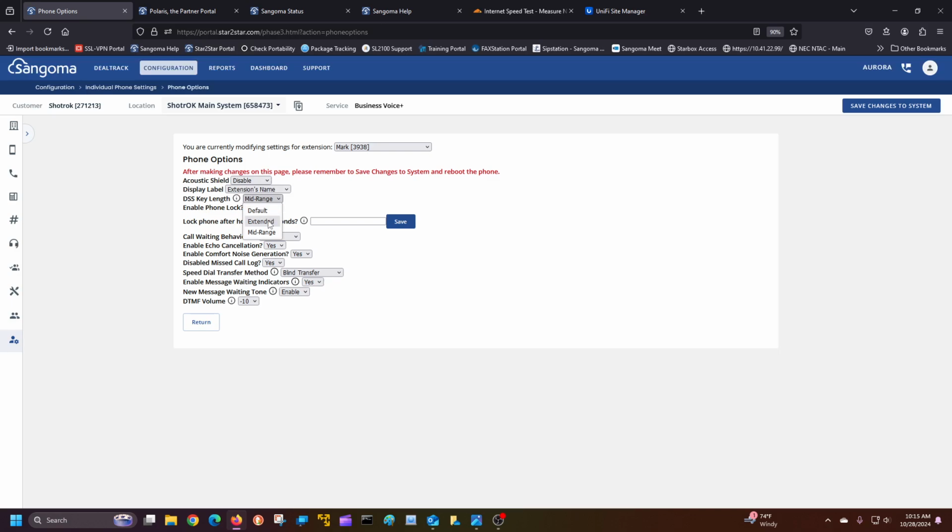And then you have extended, which literally takes up the two rows will take up the entire screen, and the time and date will be at the top right. I prefer mid-range. That's what I set mine with. So once you make that change, and I would just go ahead and do all your phones, and then click save. And then, of course, after you make all your changes and you click your save changes